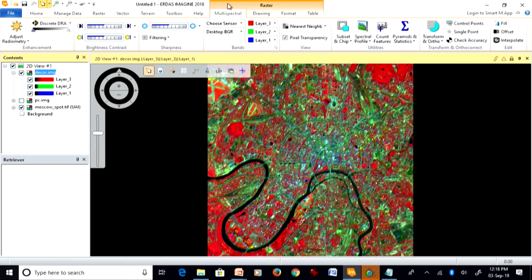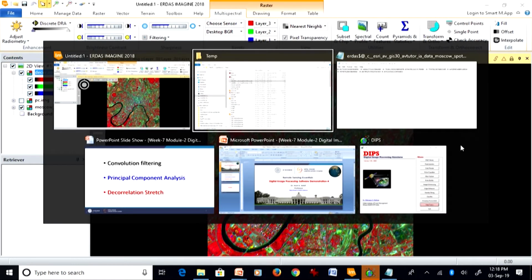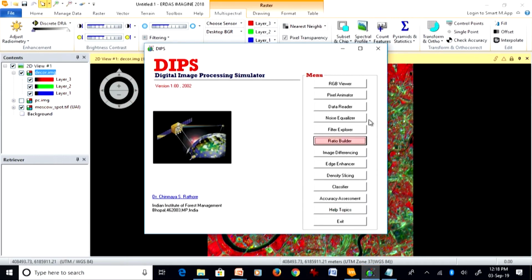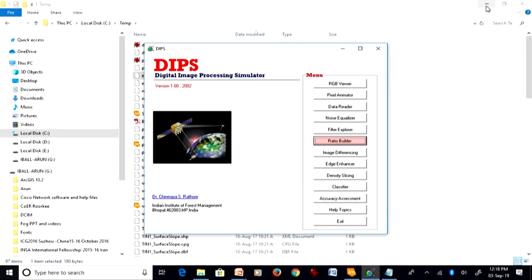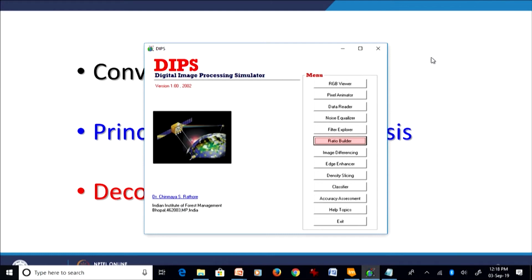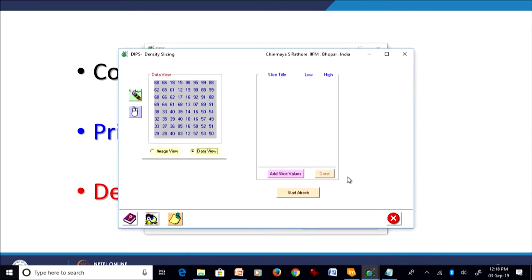Now we go for another demonstration, using this public domain software, DIBS, because here we can develop a better understanding of the things, and then for real processing you can go for commercial software. So in this demonstration of the digital image processing simulator, first I am going to show you